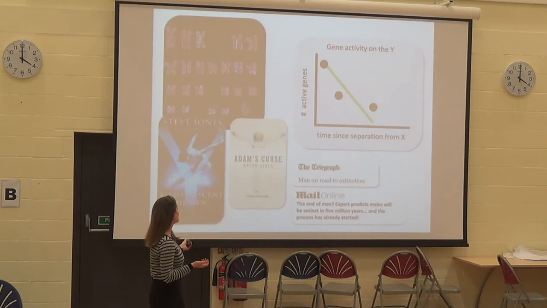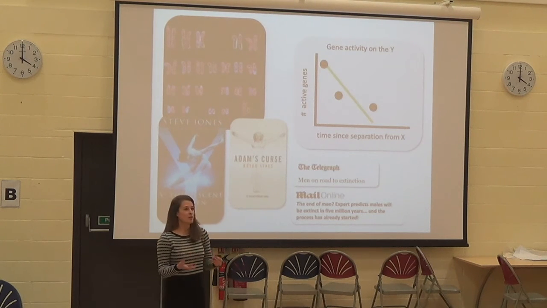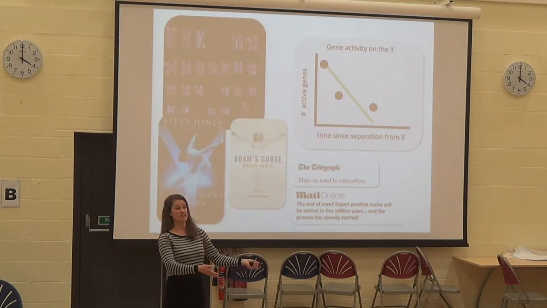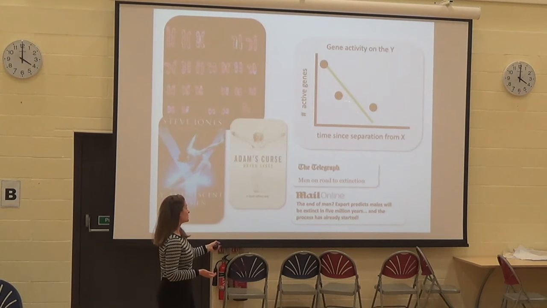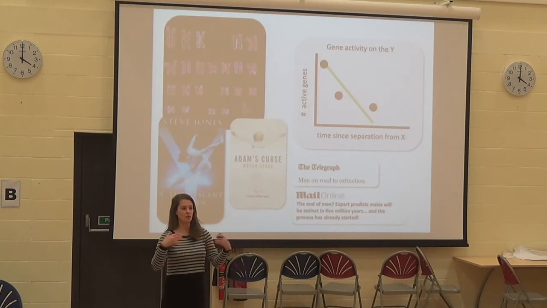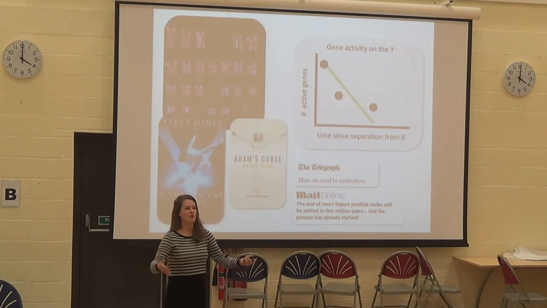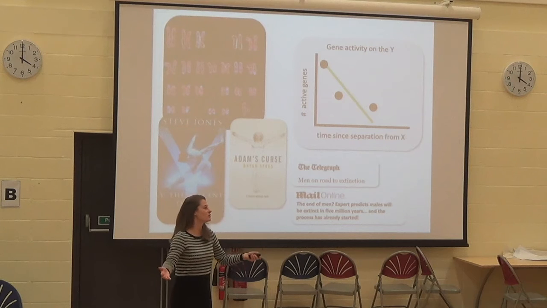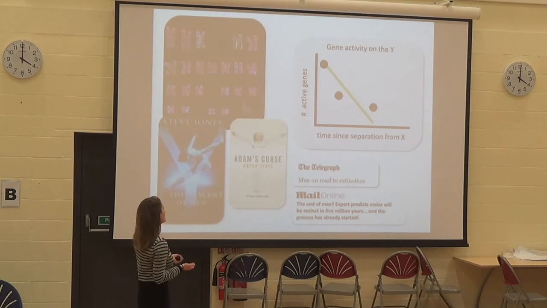And so the logic that lots of these newspaper articles was following was that if this process of gene loss and gene degeneration continues, so at the moment in humans there are only 45 genes left on the Y, whereas originally there were 700. So if this process of loss continues, then eventually the Y chromosome will completely disappear. If the Y chromosome completely disappears, then males will go extinct, and then what will happen to the human species?